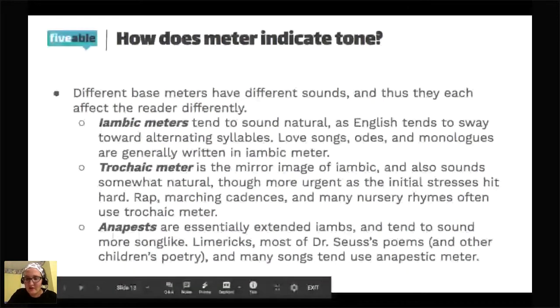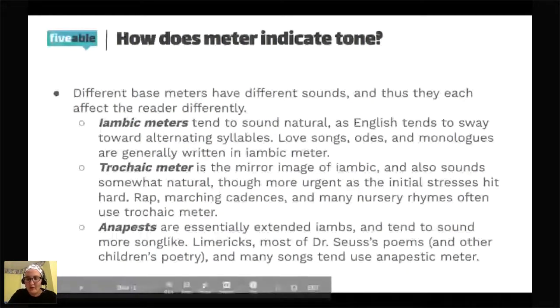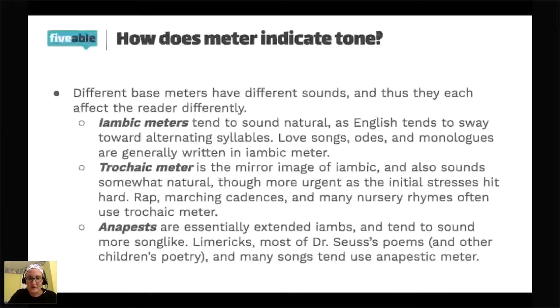Yes, that is an excellent question. I'm going to get to both of these. Okay, so let's talk about both of these questions. The first question is, Rebecca says, should we analyze these forms of base meters when reading poems in the test, or should we focus more on things like literary devices?